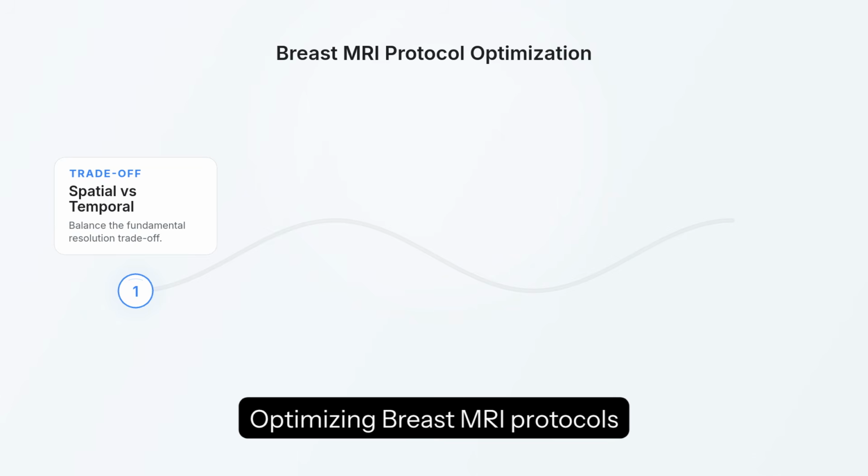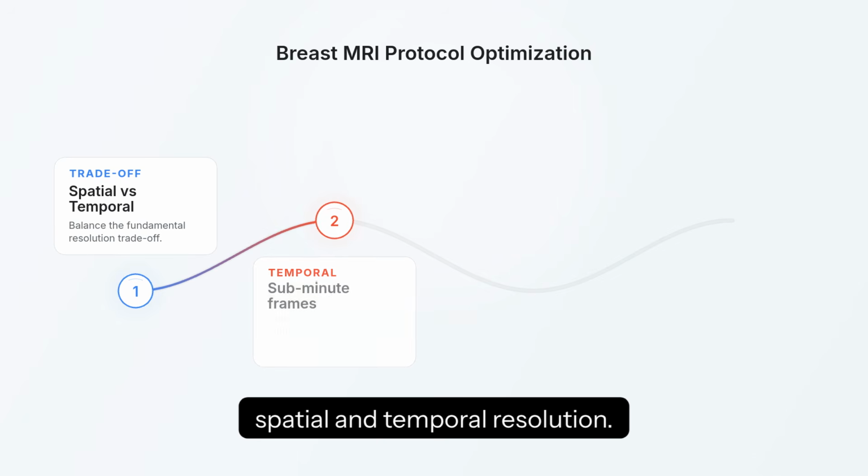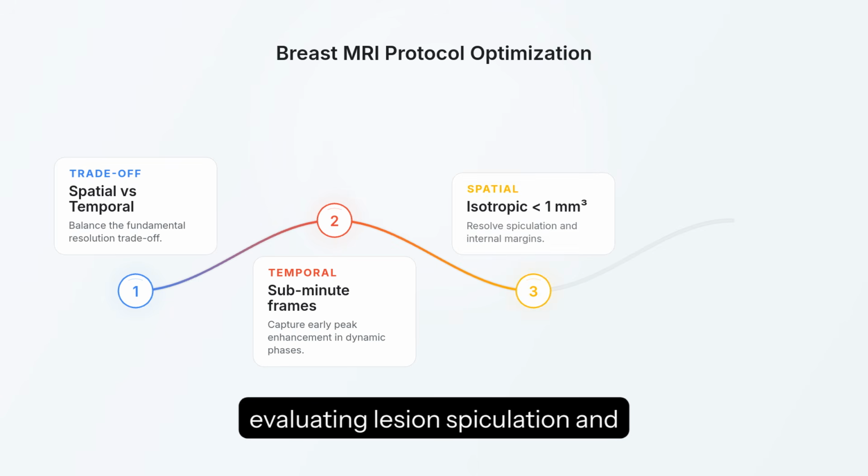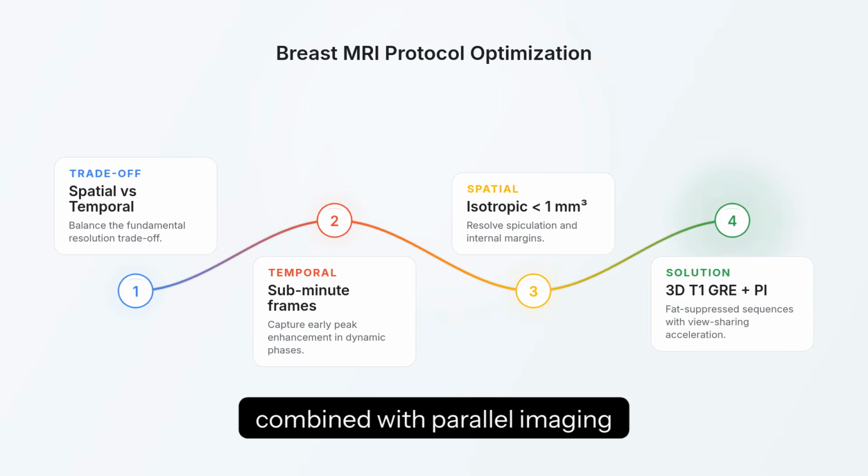Optimizing breast MRI protocols requires managing the fundamental trade-off between spatial and temporal resolution. To capture early peak enhancement, early dynamic phases must acquire sub-minute temporal frames. However, evaluating lesion spiculation and internal margins requires isotropic spatial resolution under 1 mm. Technologists deploy 3D fat-suppressed T1 gradient echo sequences combined with parallel imaging or view-sharing acceleration to achieve both high spatial